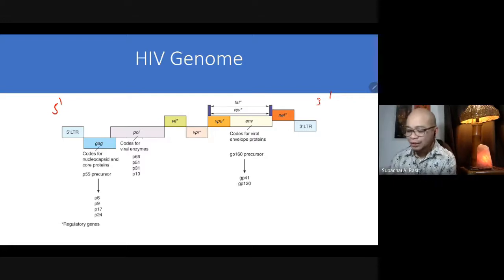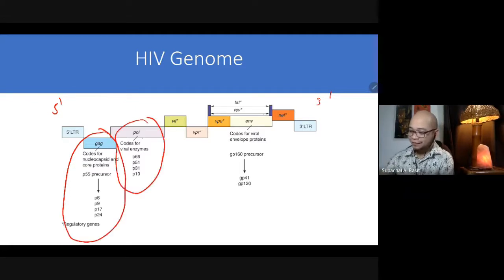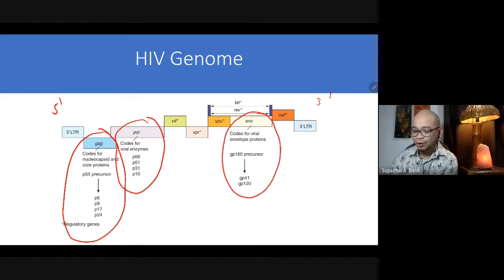So noteworthy to mention are these 3 genes. The GAG, POL, and the ENV. The GAG genes will code for